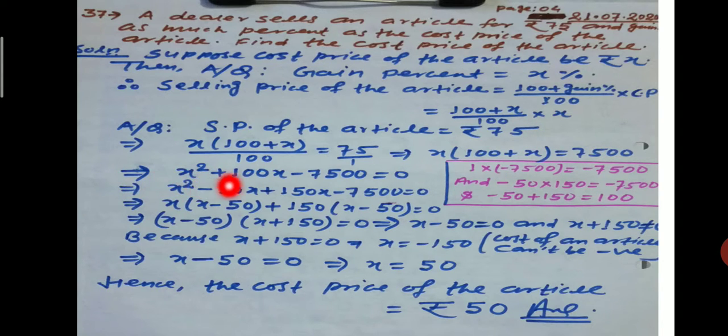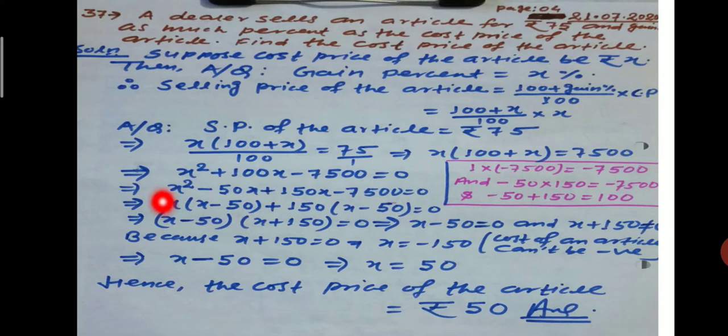This implies that x square plus 100x minus 7500 is equal to 0. Now coefficient of x is 1 and constant term is minus 7500. When multiplied will be equal to minus 7500, and minus 50 multiplied by 150 will be also equal to minus 7500, and minus 50 plus 150 is equal to 100, which is equal to coefficient of x. So this quadratic equation, this 100x can be written as x square minus 50x plus 150x minus 7500 is equal